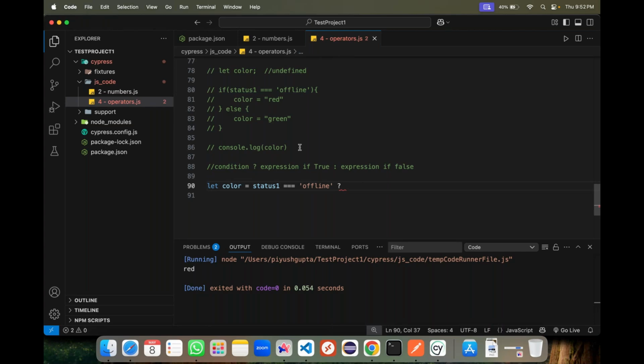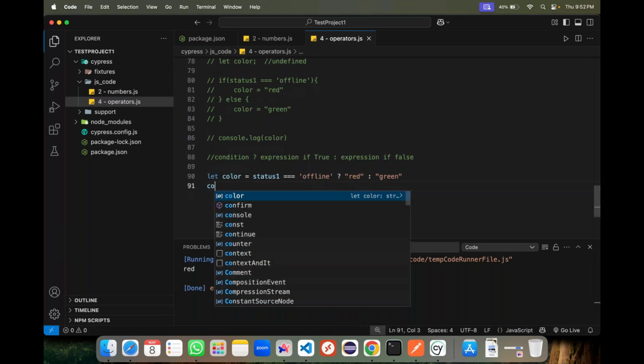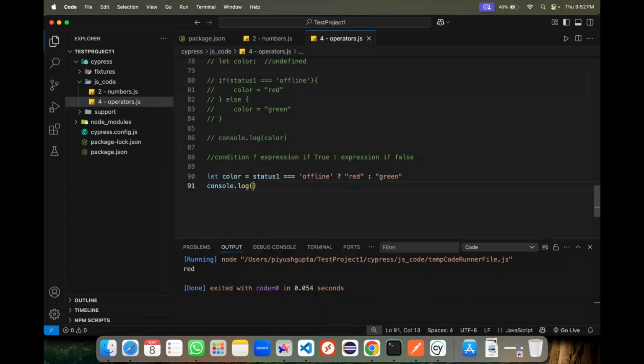What I need to do, I need to write the expression that I want to execute when this condition is true, which is what? This condition, color equal to red, right? So what I can do, I can simply do this, red. And then expression if false is what? I use colon, and I can do green, right? So can you see? I have converted this if and else condition into one line, and I'm actually assigning this value to this color variable. And if I do like this, console.log of color,